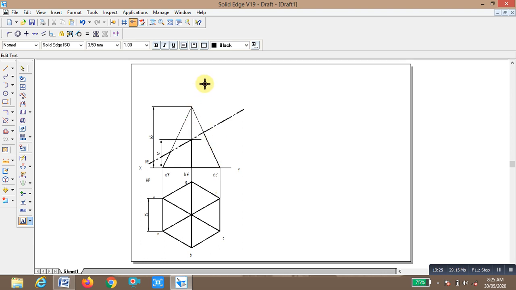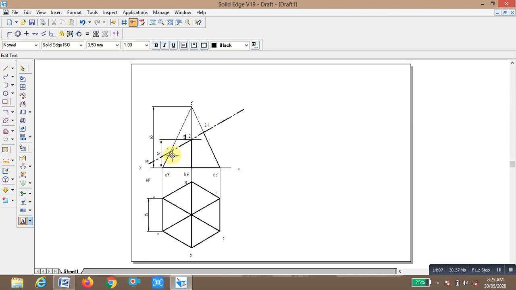Okay, and you name the points where this section plane cuts the slant edges as follows: this is point 1. Okay, this at b is 2, at c is 3, and at d is 4, at e it is 5, again at f is 6. These are the numbering of the slant edges.